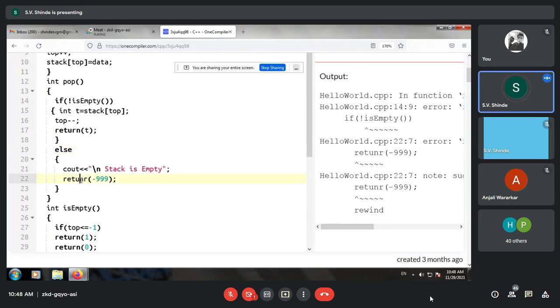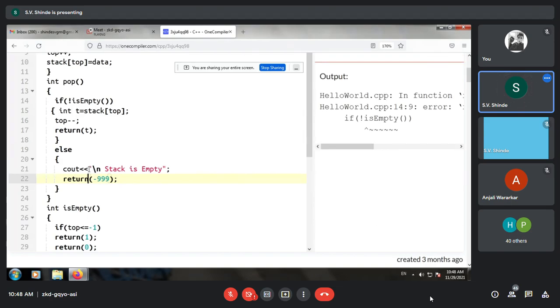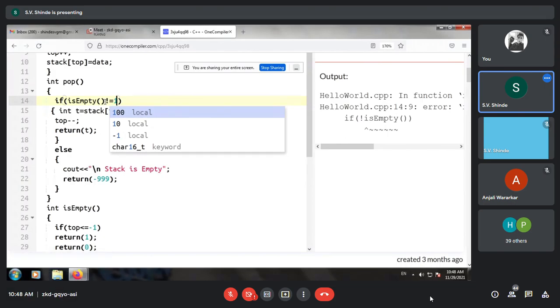Again, okay, return statement. There is some spelling mistake. isEmpty not equal to 1. There is some error.